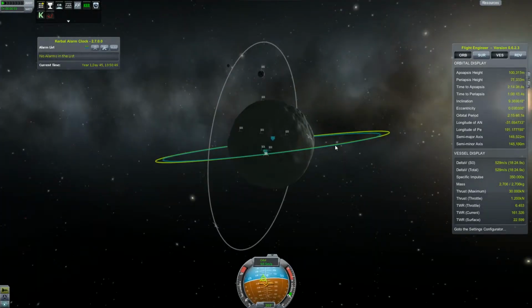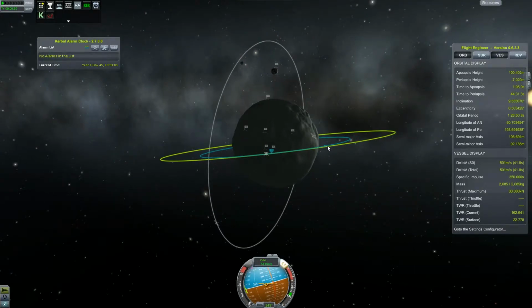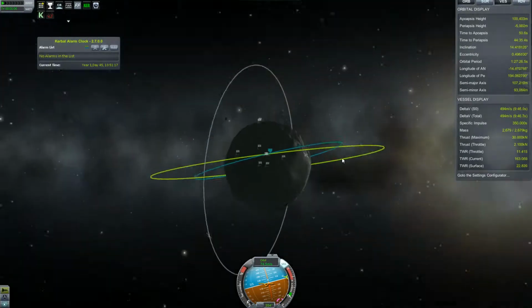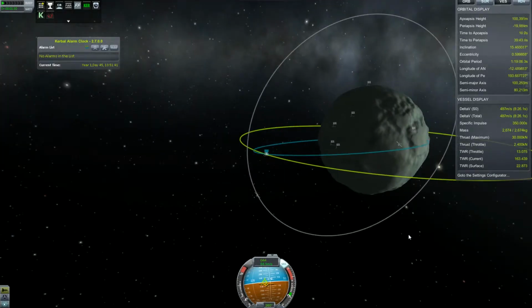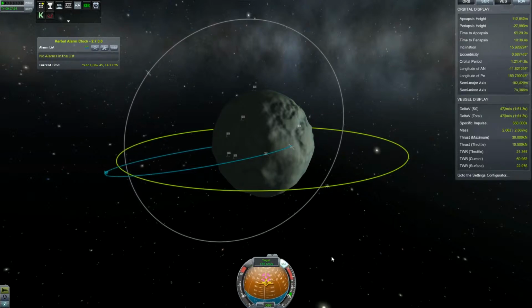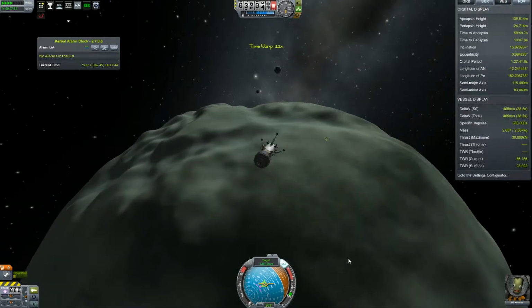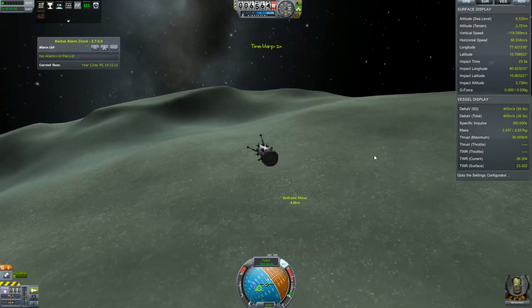Now all we have to do is gently fall down. We'll have to change our inclination a little bit because the station inclination is not perfect for the rig below, but that's fine. Minmus low gravity allows us to do such things with much of ease. And here we go, falling down to the surface,